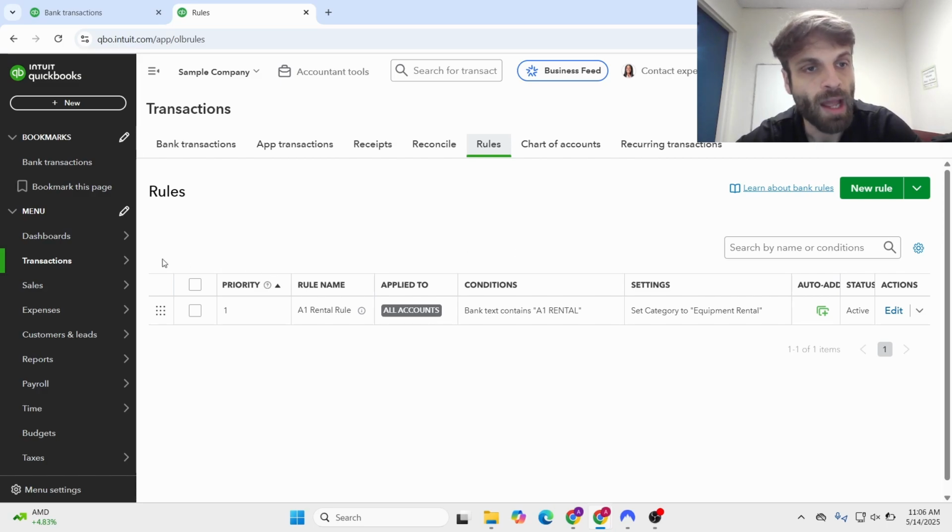So yeah, I thought going over bank rules would be helpful. If you have any other comments or things that you'd like to learn about with QuickBooks, let me know. I'd definitely be interested in hearing your thoughts, hearing ways that we can help improve your bookkeeping, make it simple, make it easy,